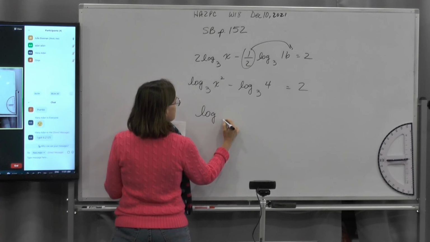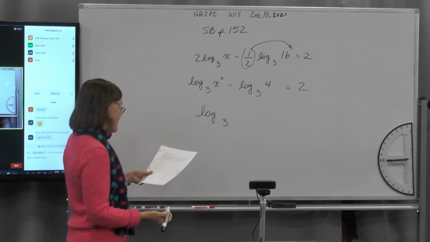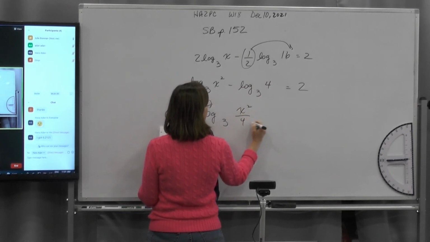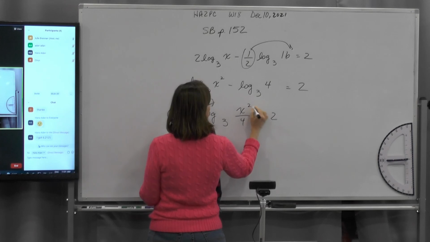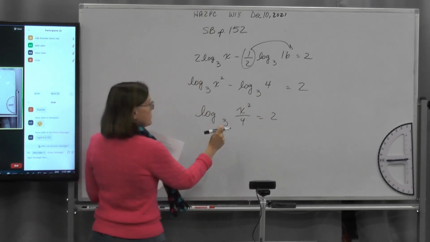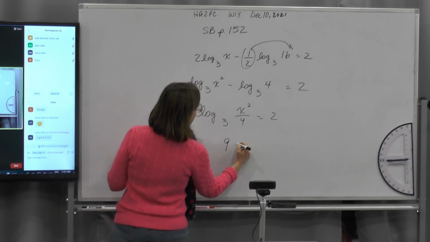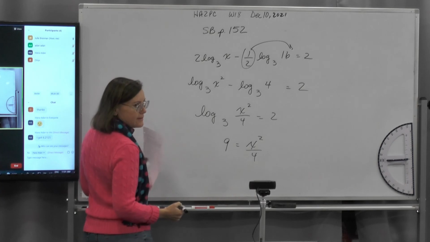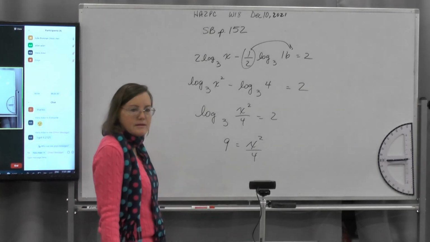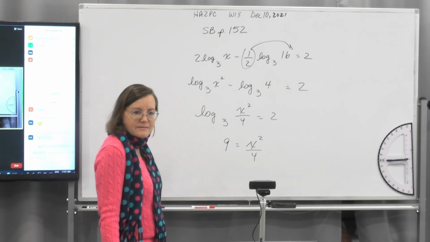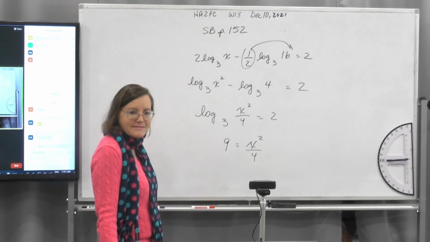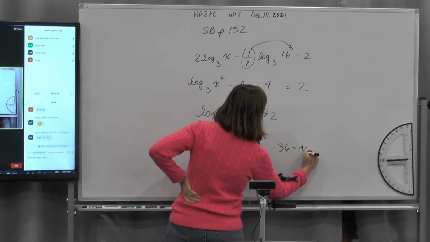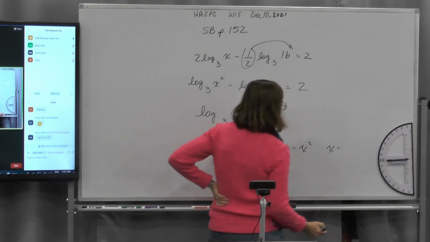Log base 3. What do I get here? This over that, right? x squared over 4 is equal to 2. 3 squared, which is 9, is equal to x squared over 4. Am I going fast? Too fast? Answer 6. Yeah. Times 4, 36. x is equal to,